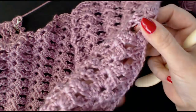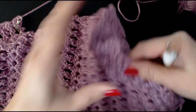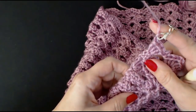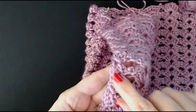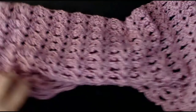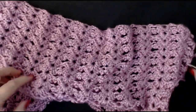Now if you can see up the edge of my blanket, I've got a half fan all the way up on that side, and the same, oh, I've got my stitch marker there, and the same on this side. You finish on the 4 treble crochet. I'm going to turn my blanket around. I'll put my yarn up there. I've got another ball so I can attach it,